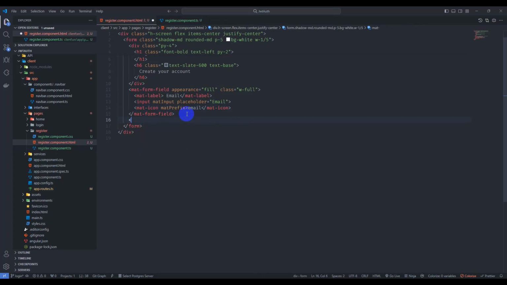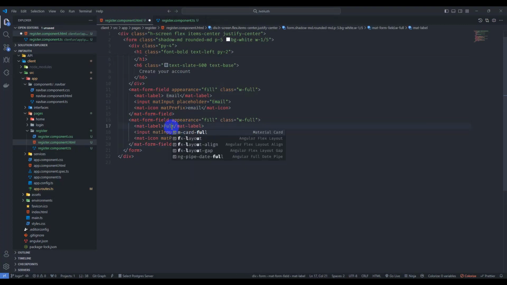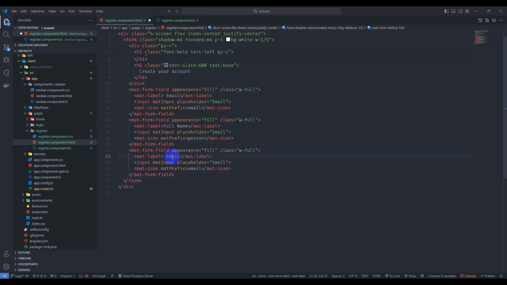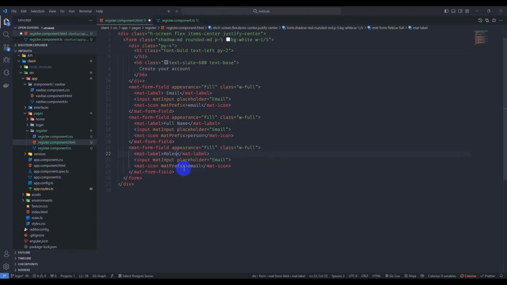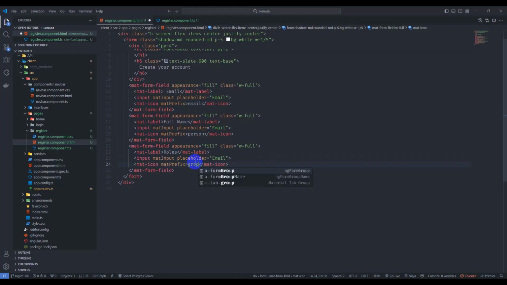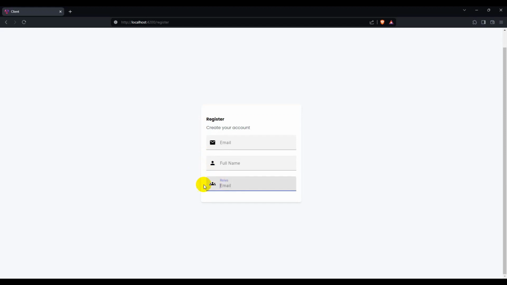Now let's add the full name field. Let's copy this one and paste it here. Let's add full name and matPrefix, add person here. Save it, we have full name, and let's paste again. Add roles here, and inside the icon let's add groups. Save it, we have the roles field,